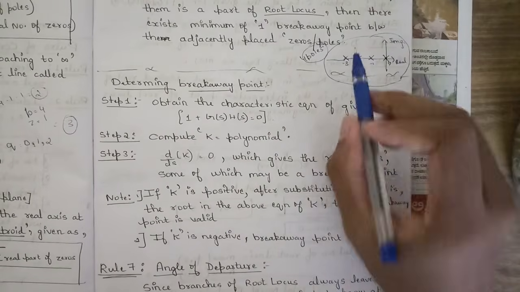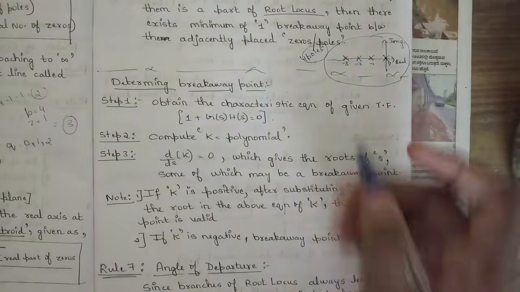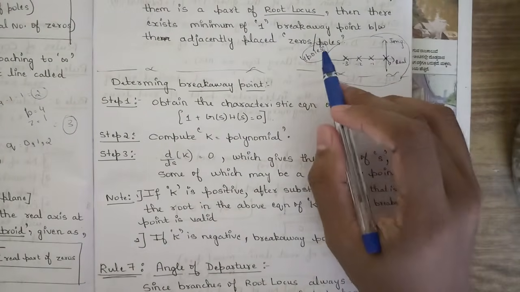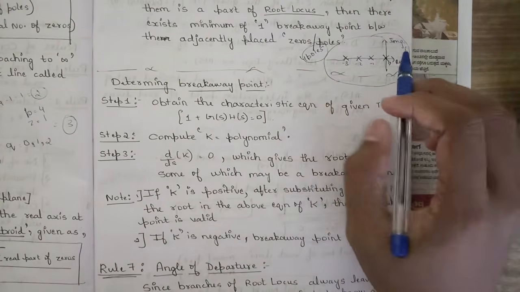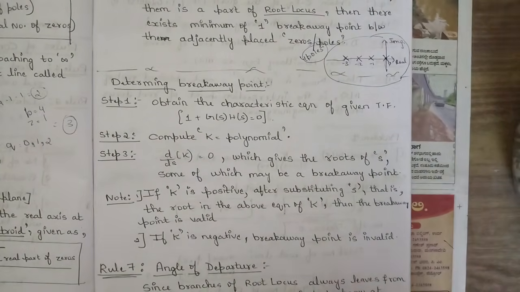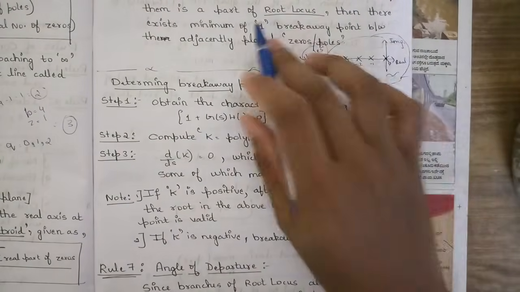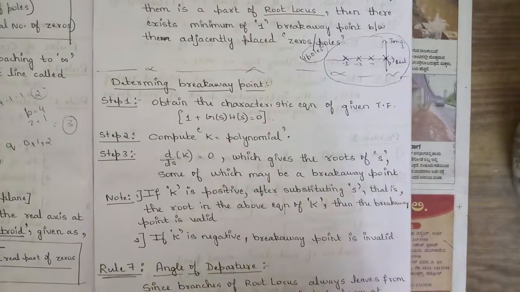And I have told you, the poles are represented by drawing a cross mark. They have given 4 poles and the values of the 4 poles are 0, minus 1, minus 2, minus 3. I have plotted them in series here. So now, how to check the section that is part of the root locus? How to check that is,